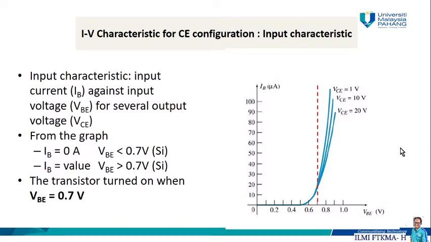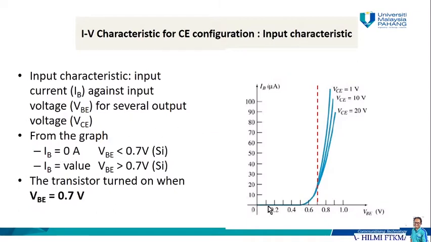So we are going to obtain this graph, where we have the input current at the base with the voltage at the base to the emitter, the input voltage, and we have several output voltages VCE at 1, 10 and 20 volt. So looking at the graph, we are going to find that when IB is equal to 0 ampere,